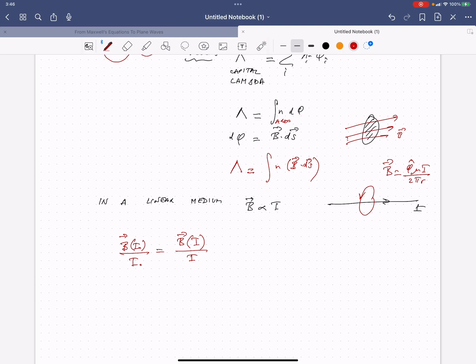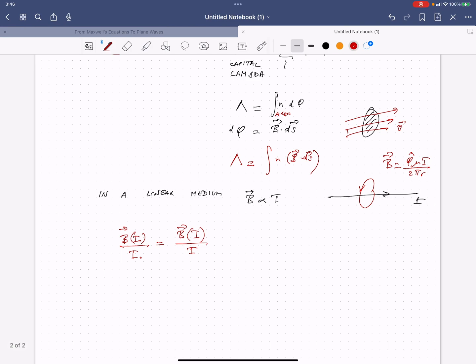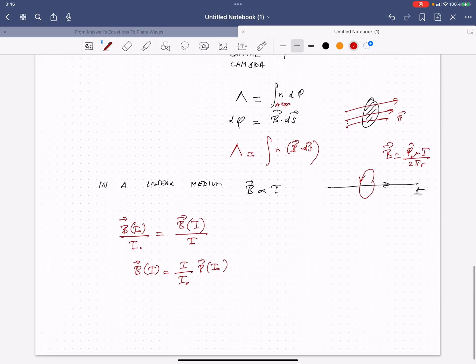So if you had a situation where you couldn't easily calculate the B field, you would take the ratio of the B field at a calibrated current, and then use that to figure out the B field at any other current. So basically you would end up with B as a function of I equal to the ratio of the current over the calibration current times the B field at the calibration current. So if I plug this into